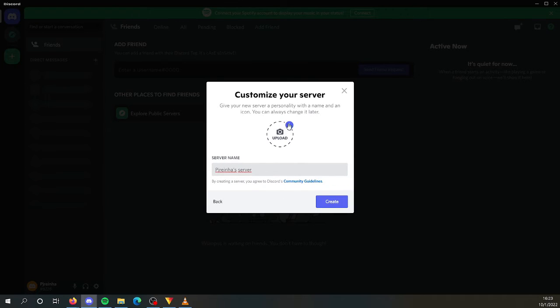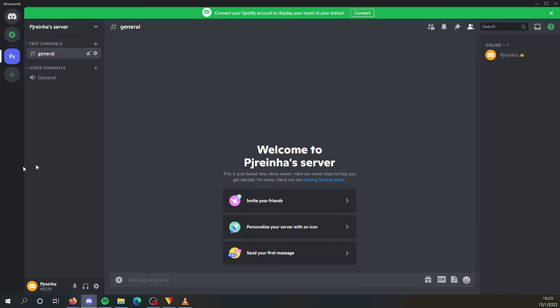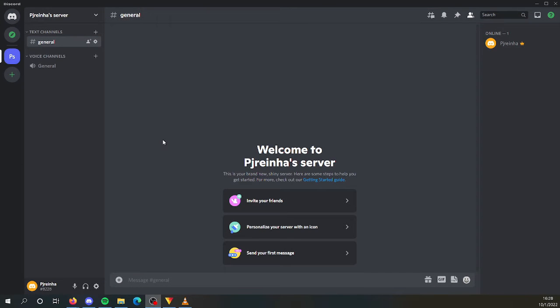We can customize our server, we can add a picture, and we can also change the server's name. Let's leave it as this. Some of the first things that you see on your server is a bunch of icons and a bunch of different words, such as the name of our server on here, the name of the text channel that we're talking in, a search bar, who is on this server,